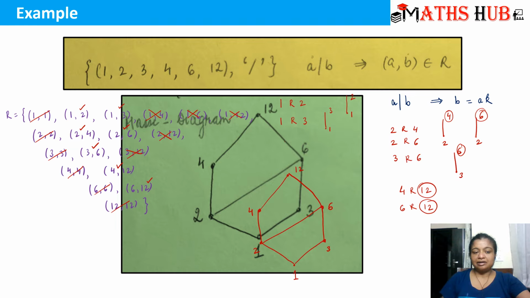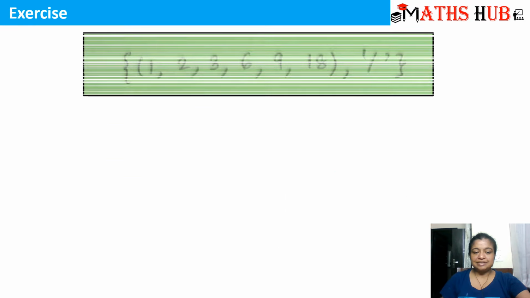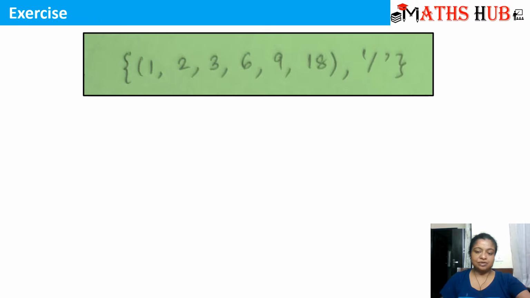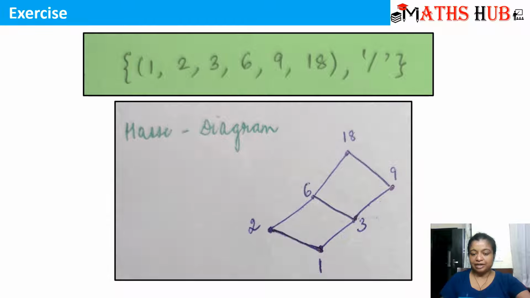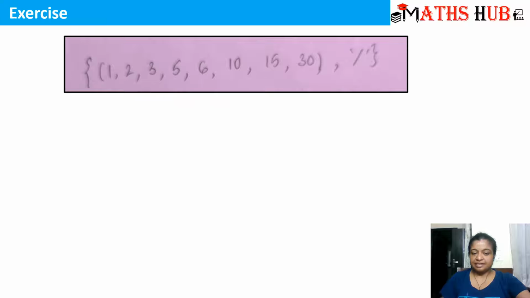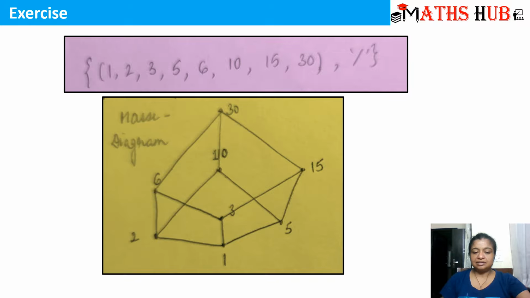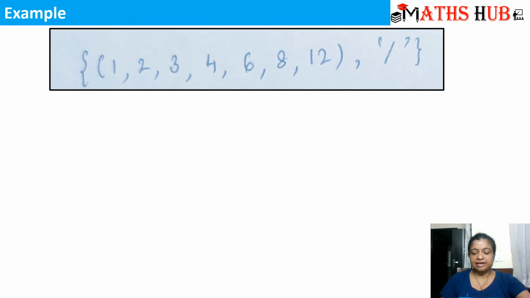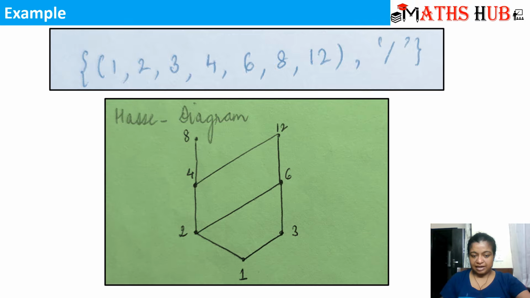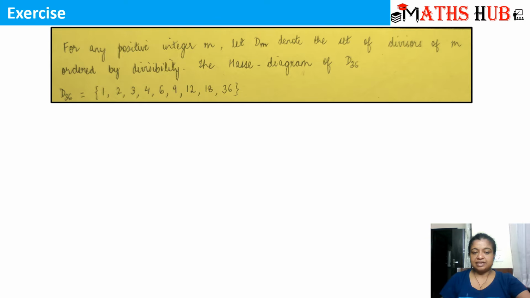And there are a few more examples that are given in this slide. I'll just go through it so you can see. This is the next exercise that you can try. The answers are already given on the slide itself, so you can try to make it and see whether you are getting the Hasse diagram like this. This is the next exercise with divisor relation, and this is the Hasse diagram obtained. Then we have the next exercise. This is the Hasse diagram obtained. And the next exercise is